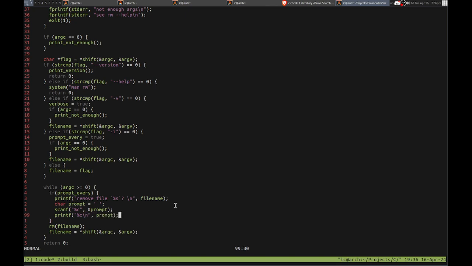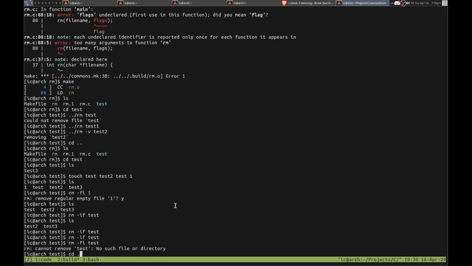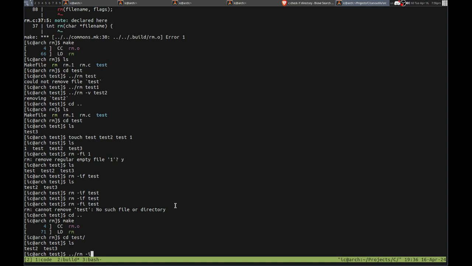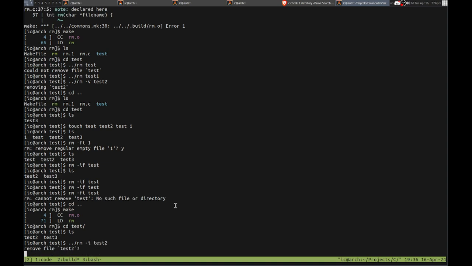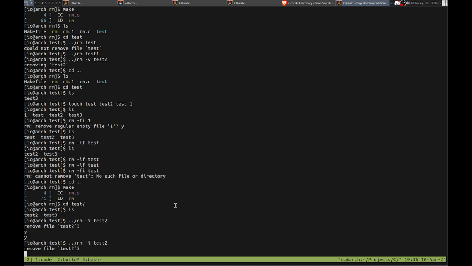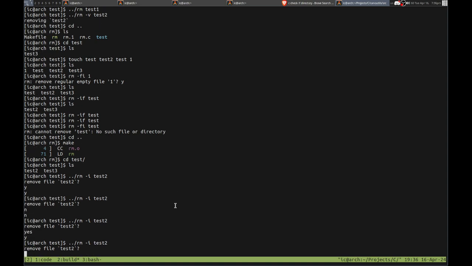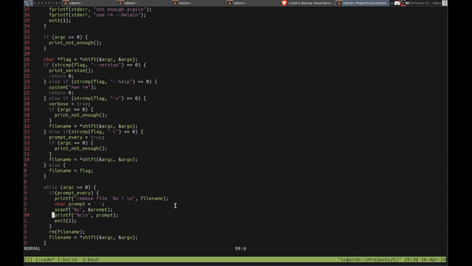Oh, let's see if that works. I'm gonna exit. Dash I test 2. Alright, so that did work. Yeah, so it only works with the first character, and that is what I would want. Okay, so that'll work. Okay, we do not want the new one, okay? Scan like that, and then we want to,